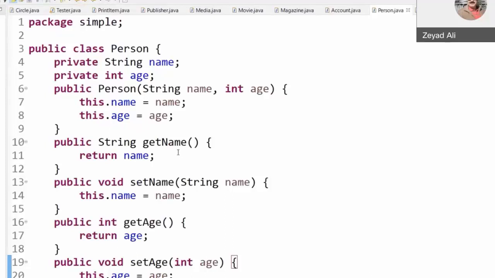In this case, we do not reuse or rewrite the code from scratch. We inherit all the features of the person class in our student class and add only the new things that are not available in the person. For example, a student has an email and GPA.